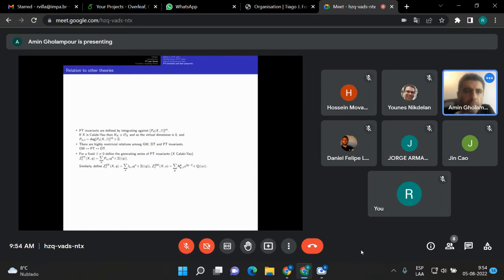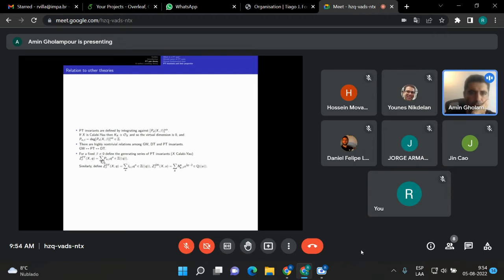Yes, so there are relations among these invariants. For a Calabi-Yau threefold, the virtual dimension in all three theories is 0, so we can just take the degree of the virtual fundamental class. But the moduli spaces and the virtual classes are completely different. So to talk a little bit about what the relations are,